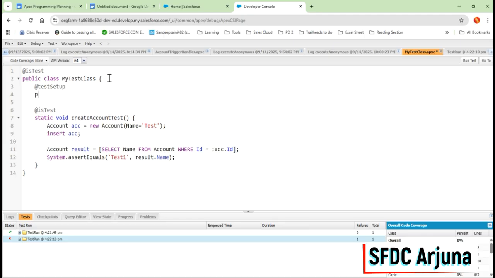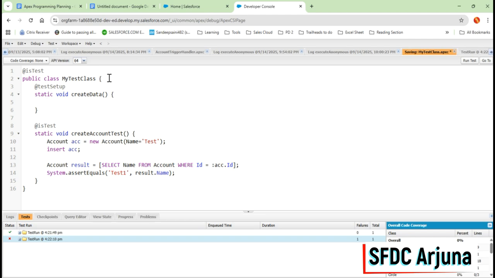Okay, so I will write like this: static void createData. So you will create this method. Let's say you have created a contact here,